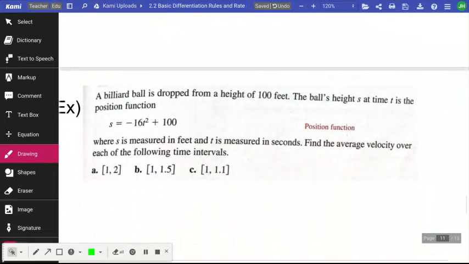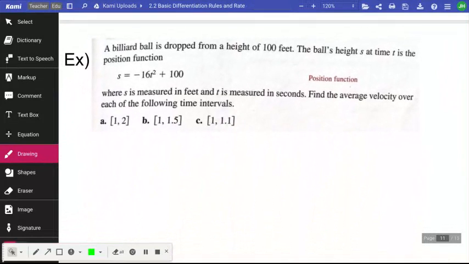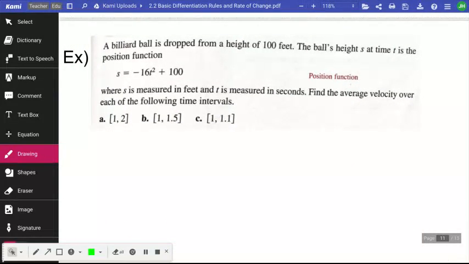Okay, so we're going to have a word problem. All right, a billiard ball is dropped from a height of 100 feet. The ball's height, s, at time t, is the position function. Okay, so they gave us our position function. That's our s of t is equal to negative 16 t squared plus 100, where s is measured in feet and t is measured in seconds. Find the average velocity over